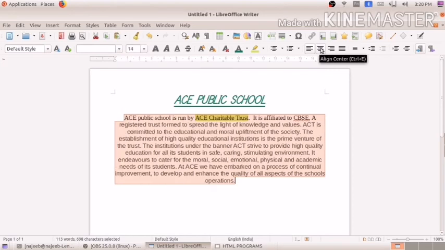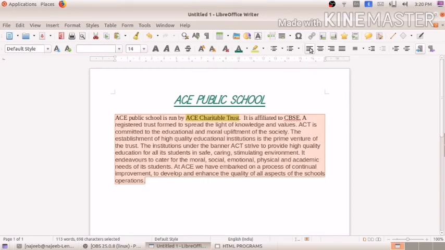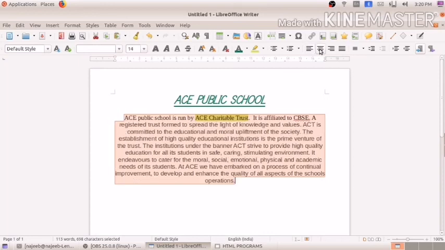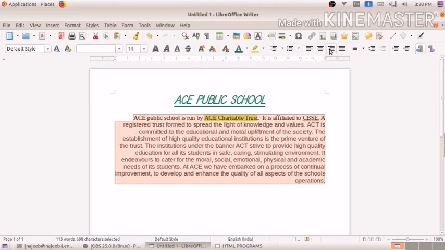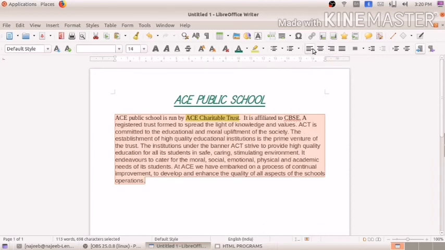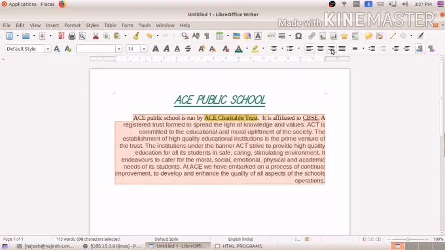If you click this center, then it is aligned as center, but since it is a paragraph, we always use the default left alignment, no need of center. If you want to align right, maybe at that time you can use it like this, but for a paragraph we are not using it. So you see, either left alignment or justified. So what is justified? When we click left alignment, the left margin is aligned. If we click right alignment, the right margin is aligned, but here it is not aligned.